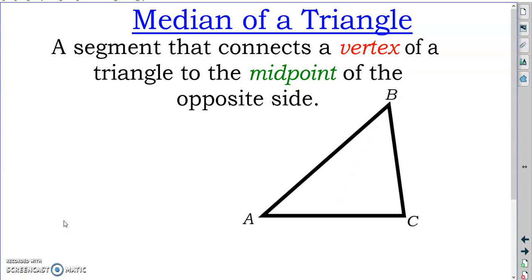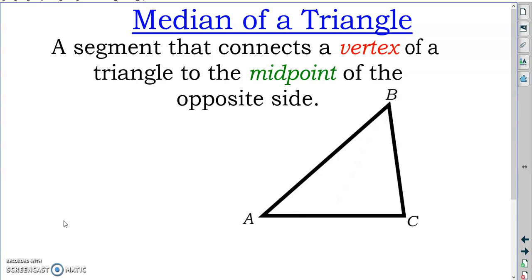Section 4.6 is medians of a triangle. So what is the median of a triangle? It's a segment that connects a vertex of a triangle to the midpoint of the opposite side. So there are three vertices on this triangle, A, B, and C, and the midpoint is the middle or the